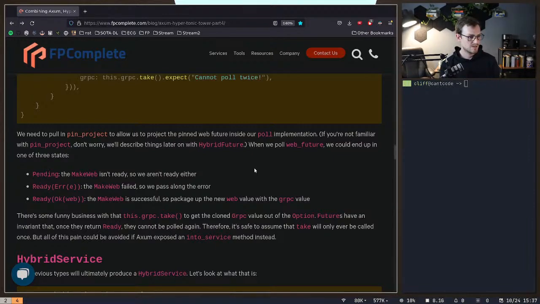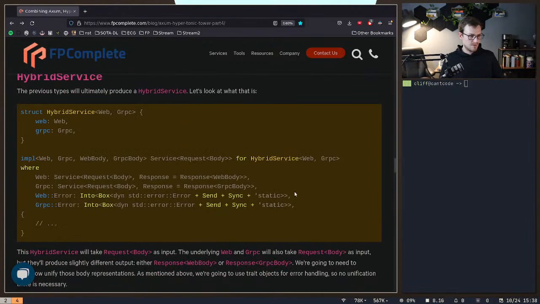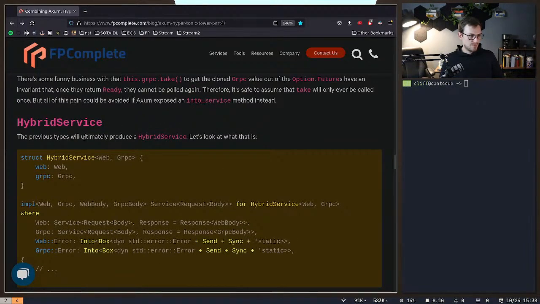There's some funny business with that this.grpc.take to get the clone gRPC value out of the option. Futures have an invariant that once they return ready, they cannot be pulled again. Therefore, it's safe to assume that take will only ever be called once, but all of this pain could be avoided if Axum exposed an into service method instead. So hybrid service. The previous types will ultimately produce a hybrid service that looks